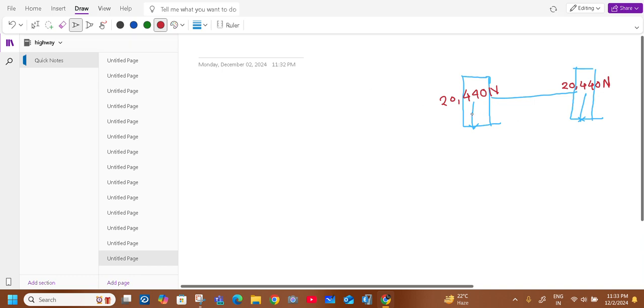And what we have said previously, the S is equal to 27 centimeter, and the D is equal to 11 centimeter,